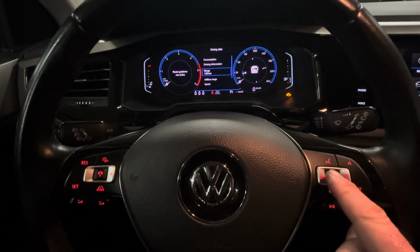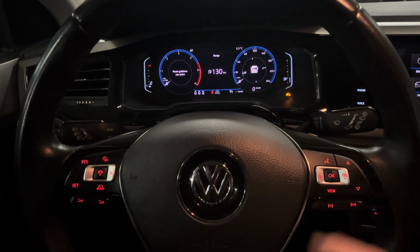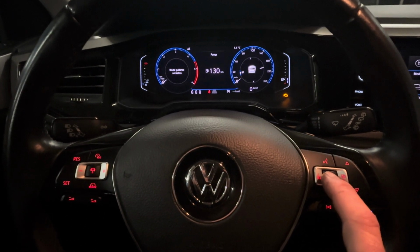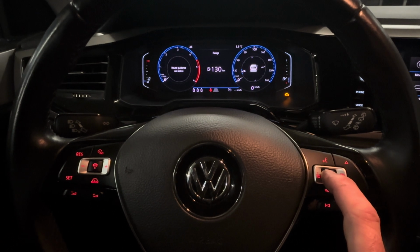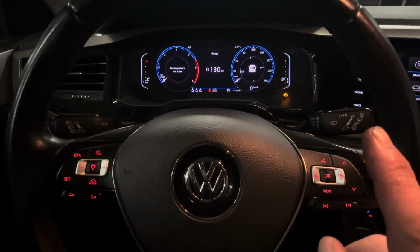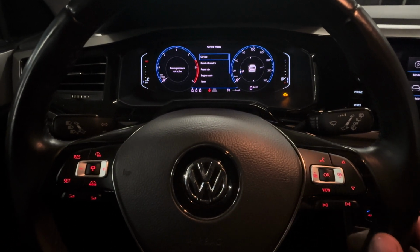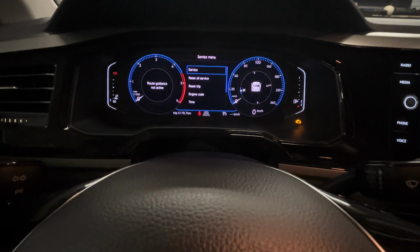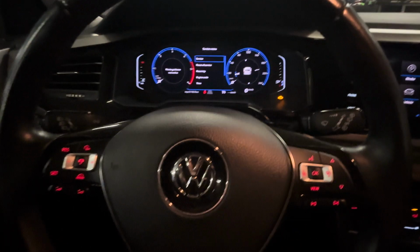Yes, this one. Press OK once, then press OK for 4 seconds and release after 4 seconds. 1, 2, 3, 4. And when you release it, you'll see that the service menu appears on your screen like this. Use the arrow button